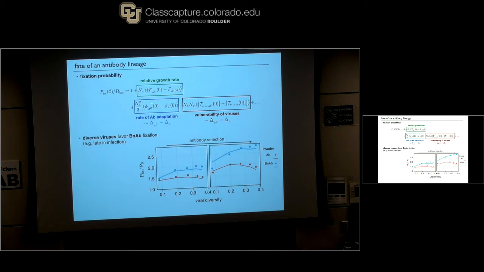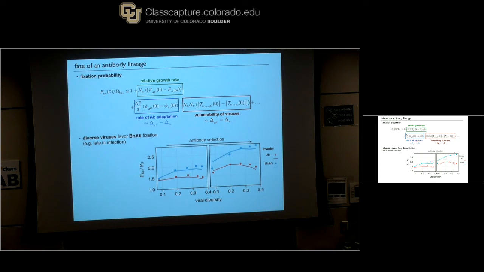Once you put this down, you can characterize the fixation probability for broadly neutralizing antibodies versus normal antibodies as a function of viral diversity. The viral diversity comes in because you have this transfer flux component. And what you see is that in the low viral diversity regime, these two are more or less the same. But as viral diversity increases, broadly neutralizing antibodies tend to be more successful in establishing themselves in